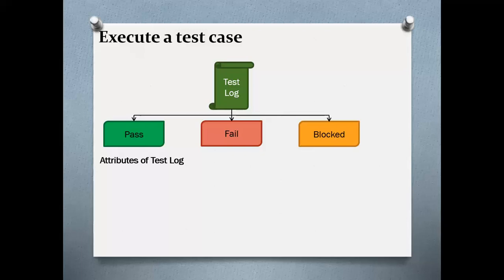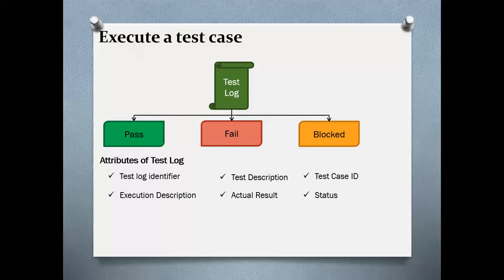These attributes include a test log identifier to identify the test log, test description, which describes all information about the items being tested, a test case ID to uniquely identify the test case, execution description to describe the sequence of steps or actions to execute a test case, the actual results that you observe when you execute the steps in the test case, pass and fail status of the test case,